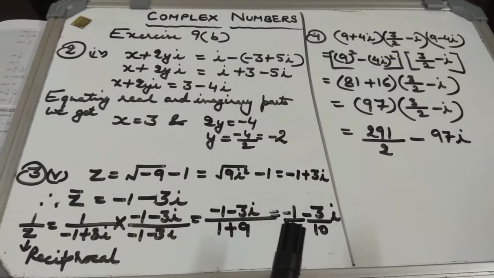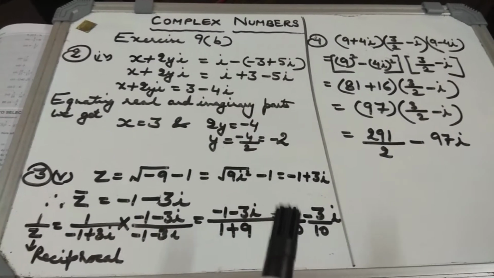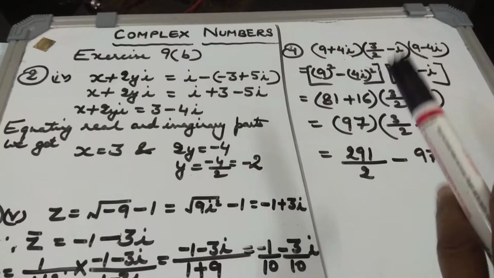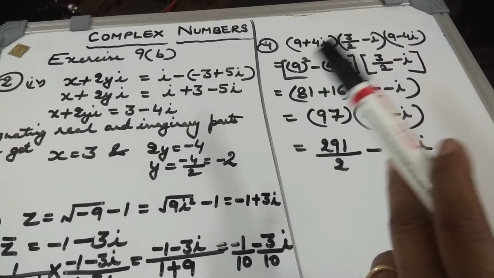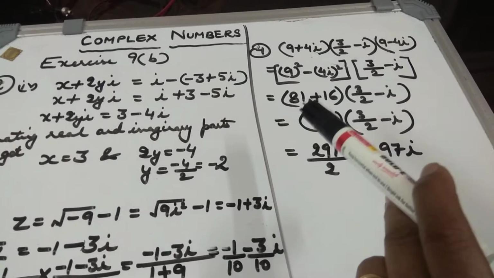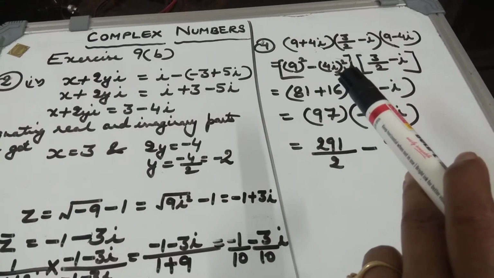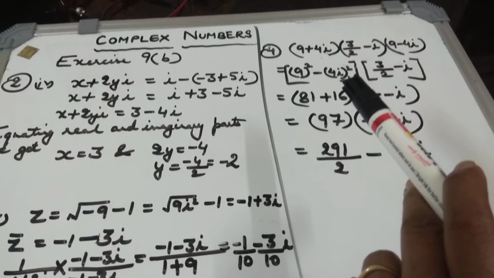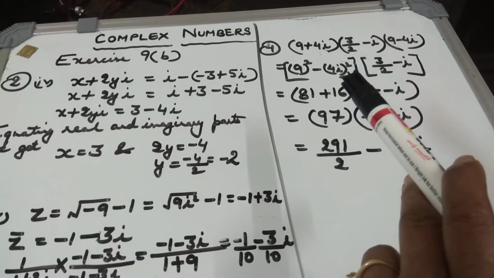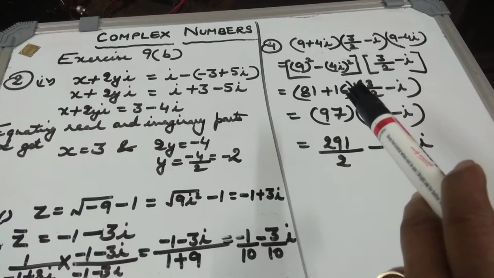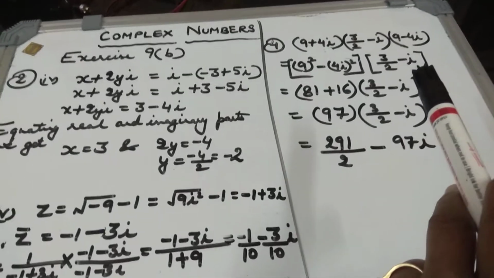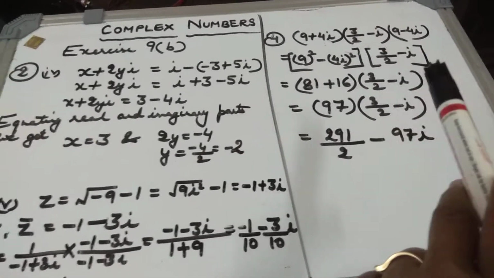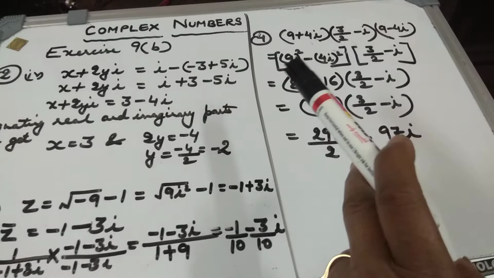Now in question number 4, it is simplification. Again, you see there are 3 brackets, but the first bracket and the third bracket are of the a plus b into a minus b form. So a square minus b square you can write directly. Now at this stage you need not mention the formula and everything. You can write down the things directly, and 3 by 2 minus i will remain in the next bracket. Now solve this, simplify it.